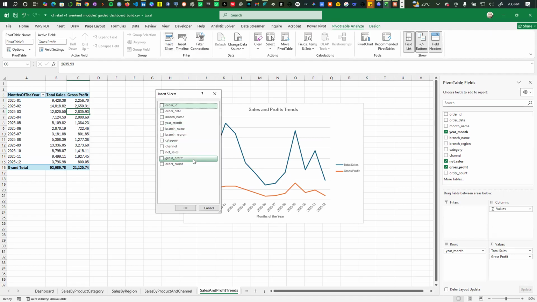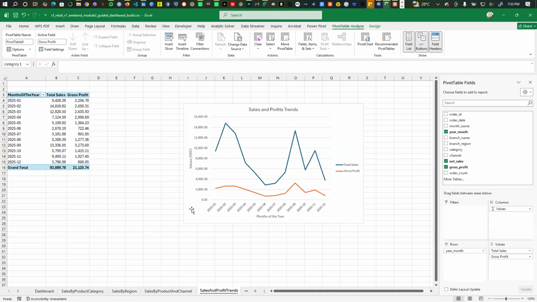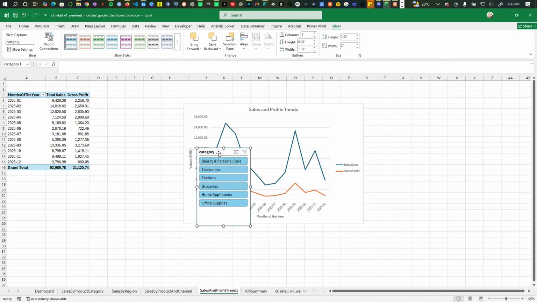So I can pre-select all the slicers and go and link it to all the tables. So maybe I want to slice the summaries based on channel. I want to also slice the summaries based on category. I did channel for you, so let me show you category, so you will understand what we have done together. I don't need to do all of them. Now, when I bring this one, then you will see that